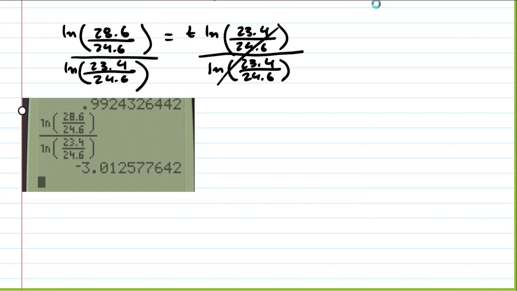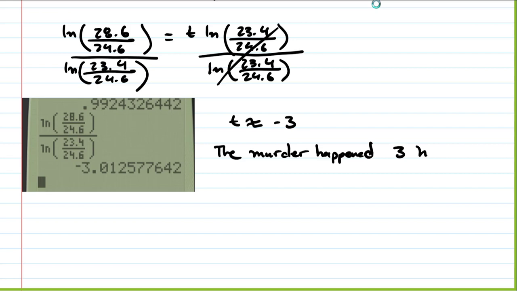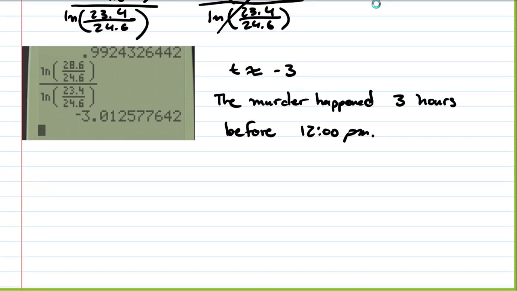So we get that t is about -3, which means the murder happened three hours before. p.m. So the murder happened at about 9